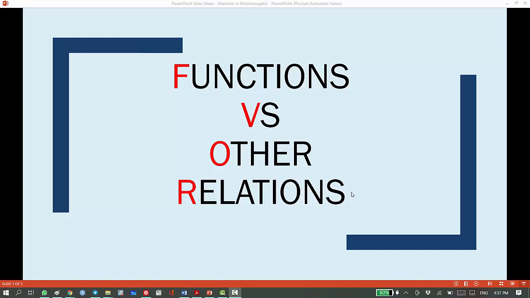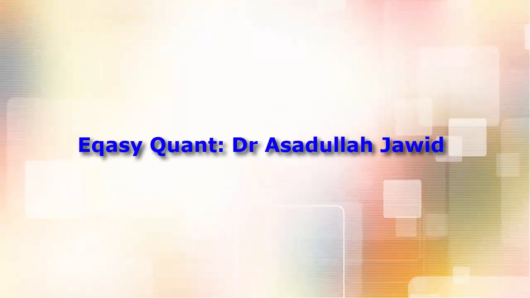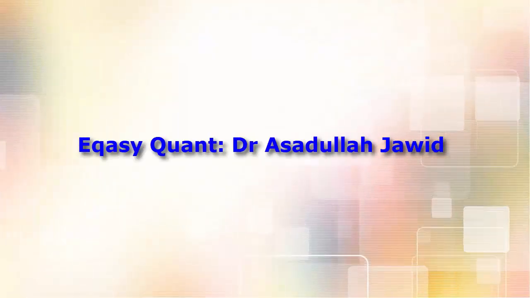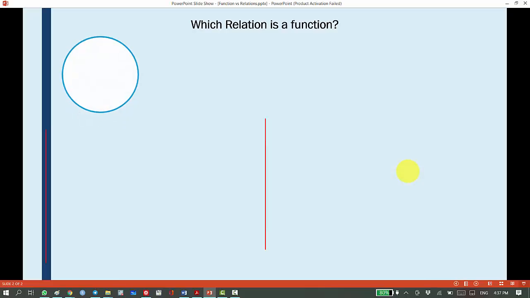Hi, in this video we will see how we can distinguish functions from other relations. To distinguish functions from the other relations, consider a set A and a set B, where 4 from set A